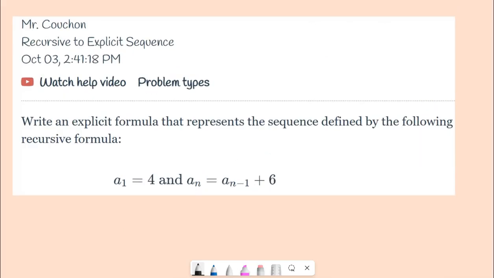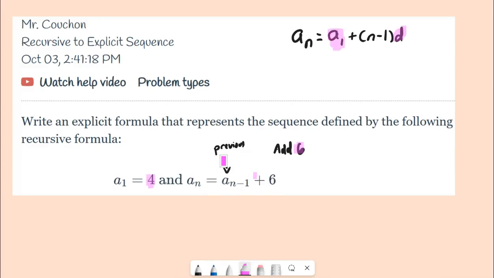Alright, so here's another one. I can tell that I'm taking the previous term, right? That all that means is previous term. And I'm adding 6. And I begin with 4. So in that formula again, A sub n, this is of course arithmetic. So we've got A sub 1 plus n minus 1 times d. The 6 is our common difference, and the